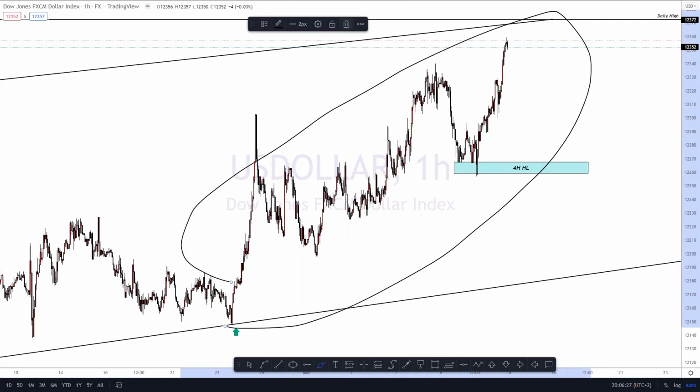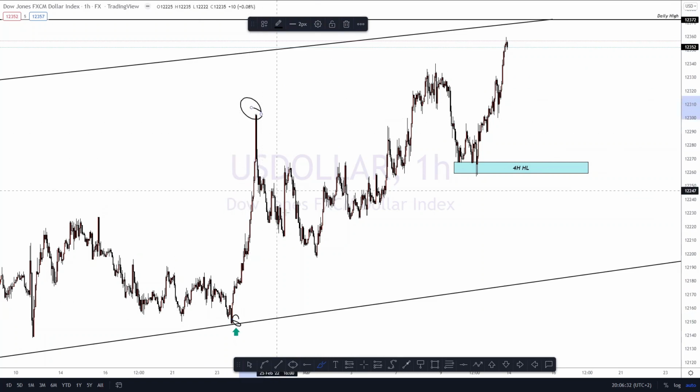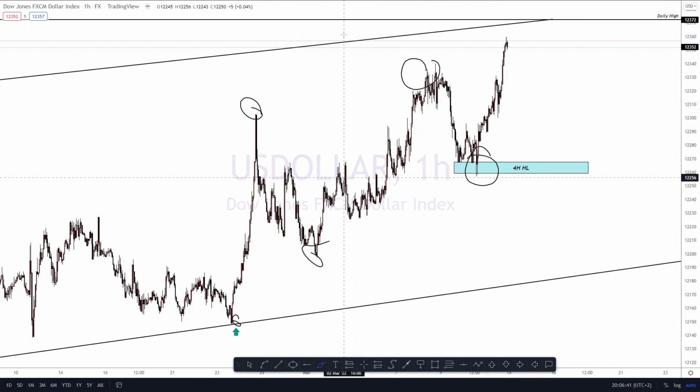We're looking at this. What we see is that there's a bit of a higher low, a higher high, a higher low, a higher high, and then it's a higher low, and then this probably would be a high high. But now that's not the end of it, right? That's not the end of it.